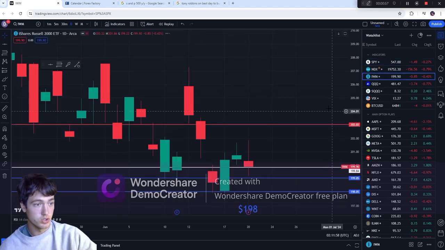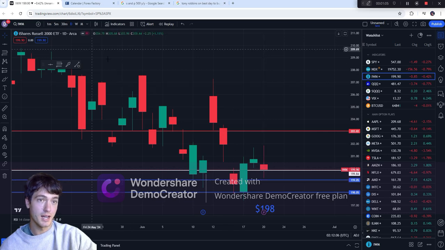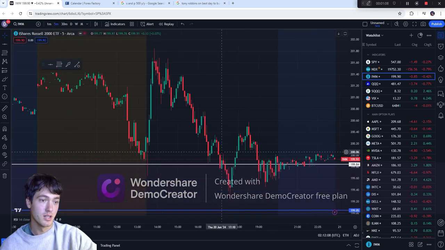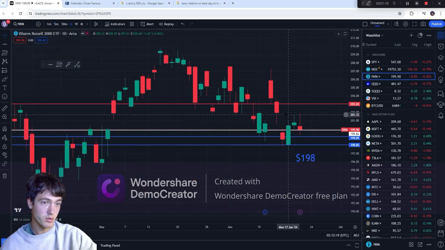And so let's go to IWM. IWM ending the day at our target right here, but bouncing off that support of 199. If we go down to the 5-minute chart, we could see that it started pretty much at that target, bounced up, and then found support around 199. Pretty much ended the day at that target again. So that's what I'm seeing on IWM.